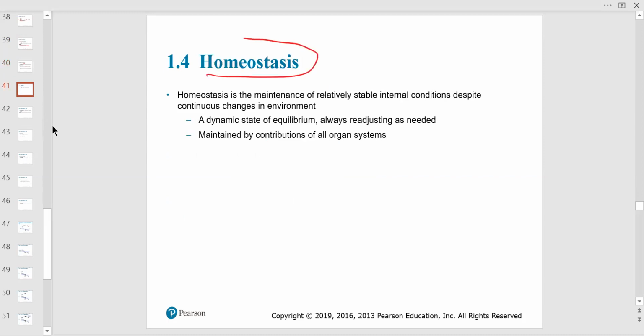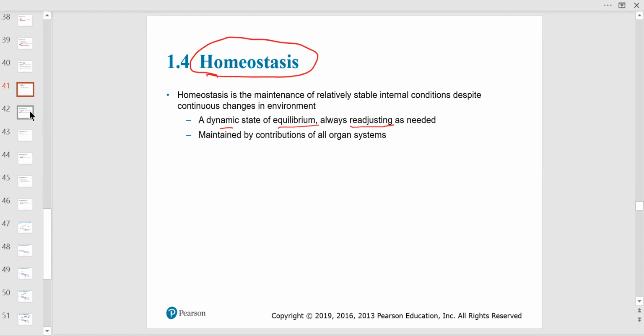So here's the word. I think this might be the first time the book mentioned it. I like to talk about it earlier, right? Dynamic state. It kind of is tested by change. So if there's a change in the homeostasis, that's when the body mechanisms have to kick in to maintain homeostasis. And that gives you a state of equilibrium. So it's constantly readjusting body temperature and other things.